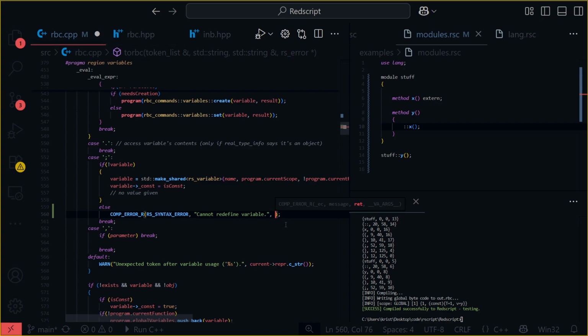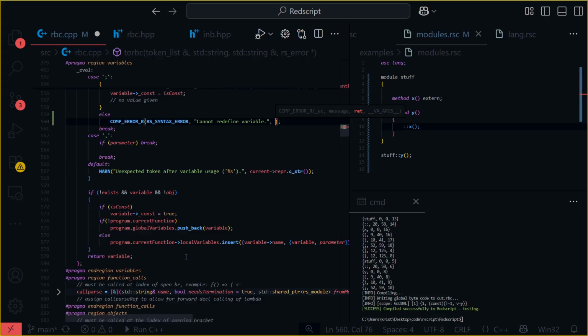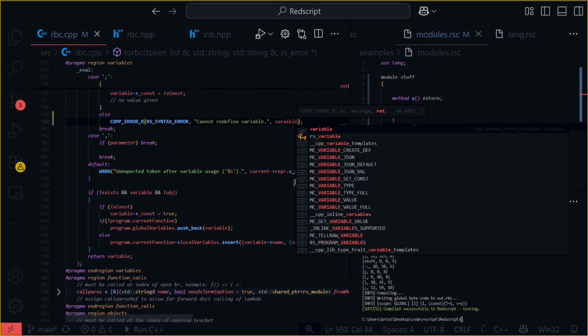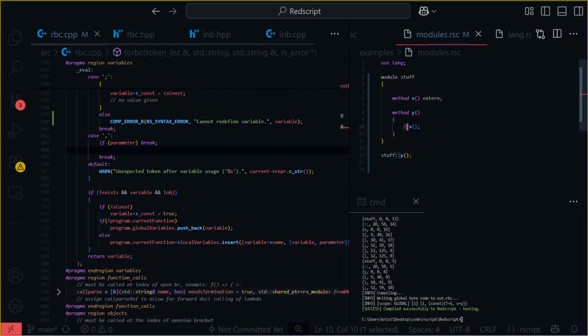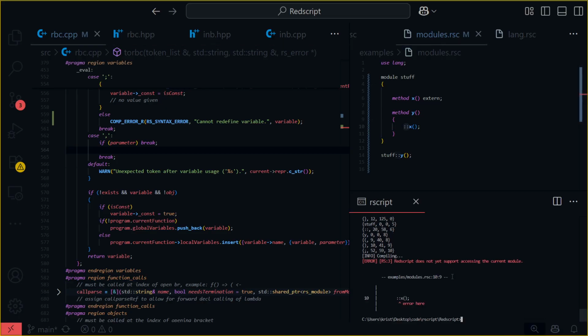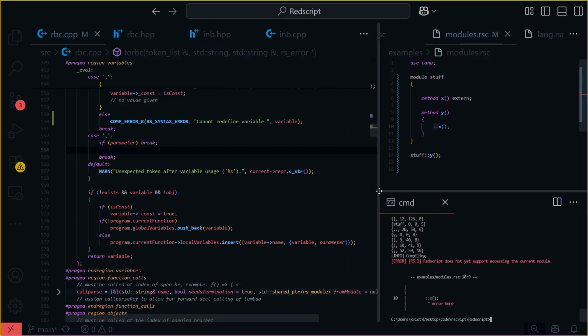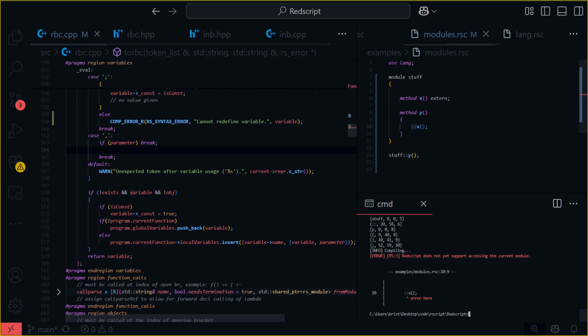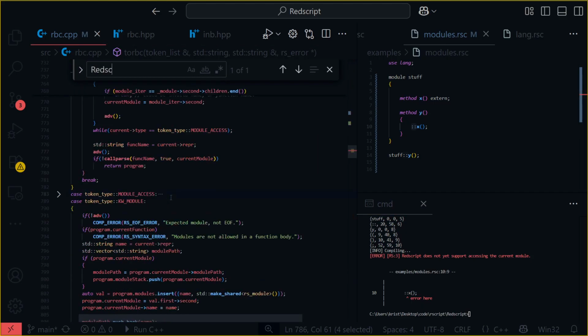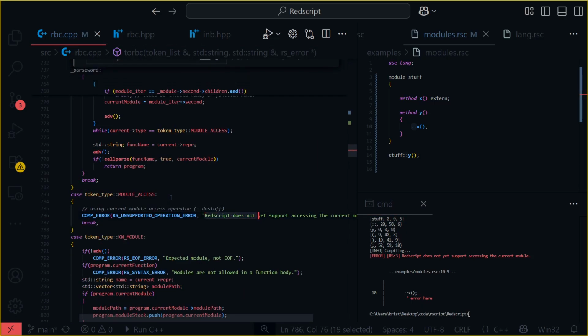What are we returning? Is it going to tell me? Variable. Okay. So just to take a look at this, for example, we just saw that. Let's try it again. So it says Redscript does not yet support accessing the current module. So I actually predefined stuff like that. So we're going to find that Redscript does not yet support. So here, when we get our module access, what we can do is,